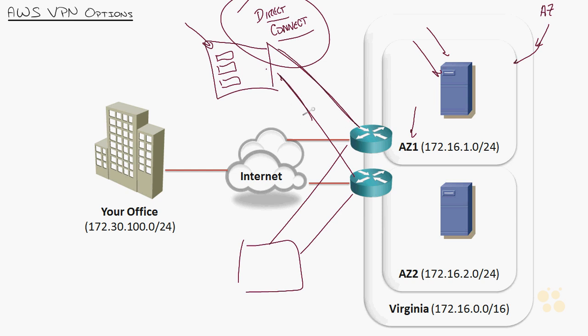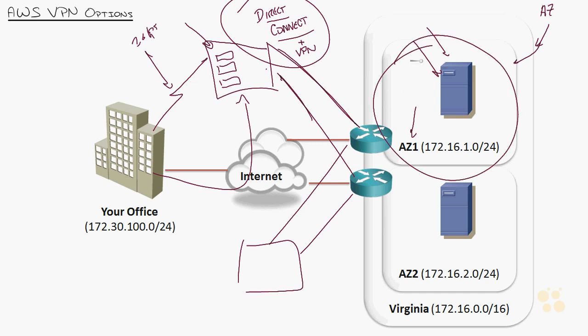Pretty cool, right? Now, they also have Direct Connect plus VPN. You'll see it described on the VPN descriptions, where you can then get a private line if you want to, or connect site-to-site VPNs, but most of the time it's going to be a private line. Maybe you get a 1 gigabit per second fiber connection coming into this data center. I mean, AWS doesn't allow you to come directly in, but this is one of their partner data centers, and you can get a Direct Connect fiber line into there,